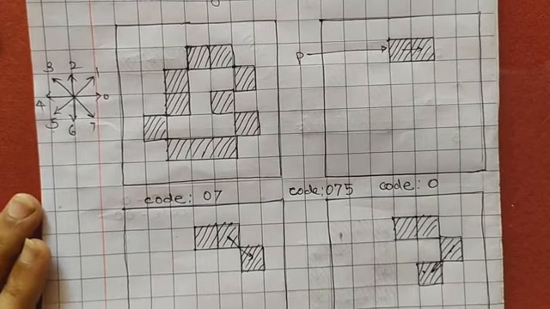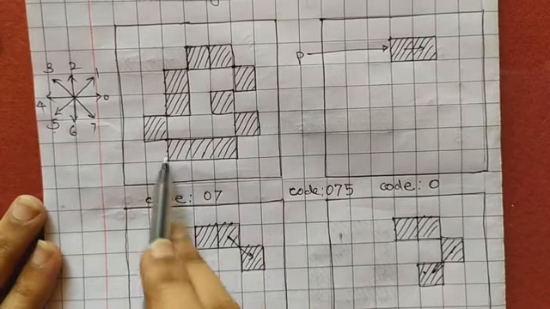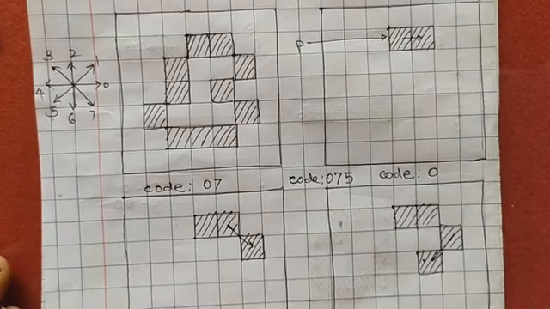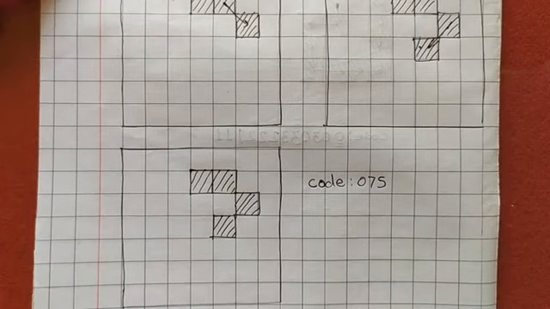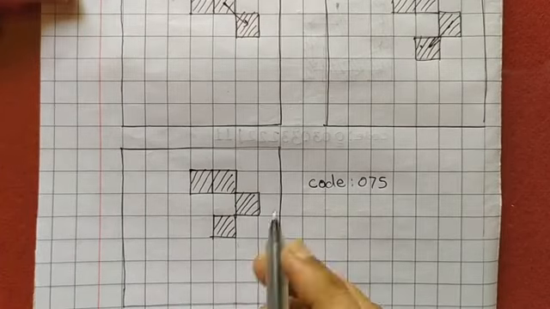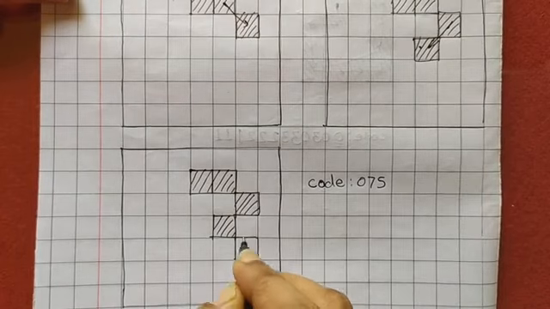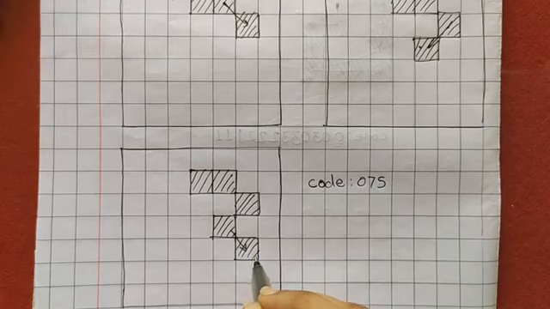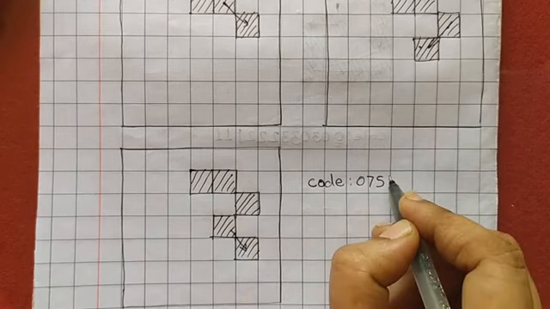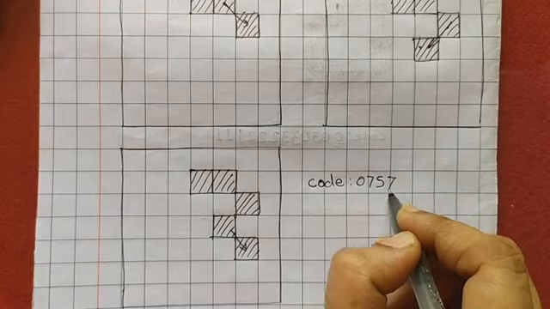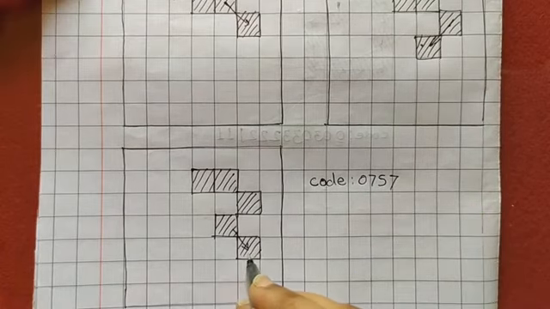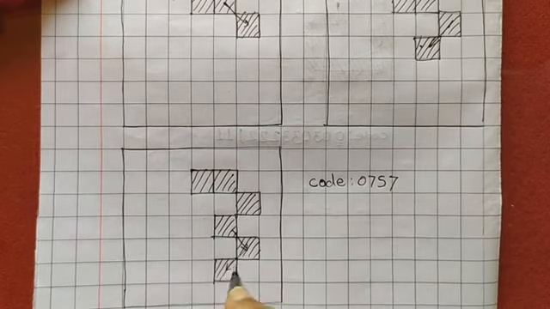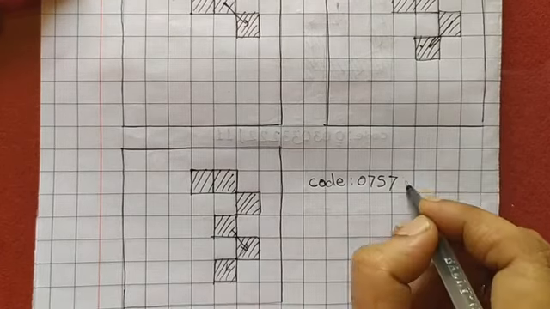Likewise we have to move our cursor on whole image and we have to find out the 8 chain codes. Now our cursor will move from this pixel to this pixel, this direction, and for this direction we are having code equals to 7. So we'll assign the code equals to 7 here. Okay. From again this pixel, our cursor will move to this direction. So for this direction the code is 5.